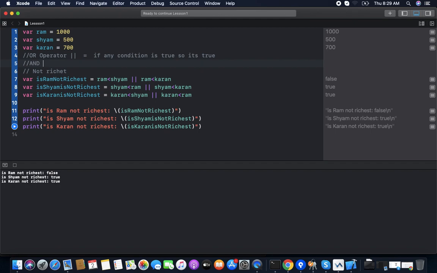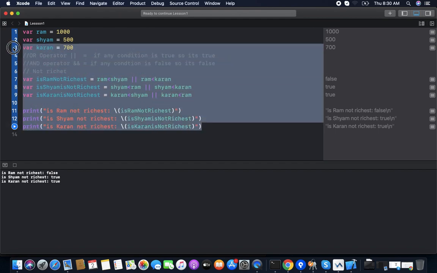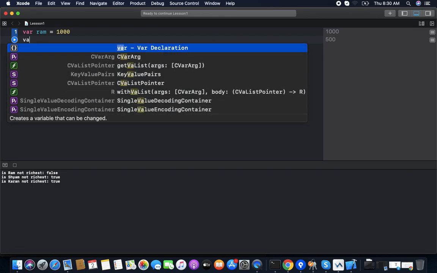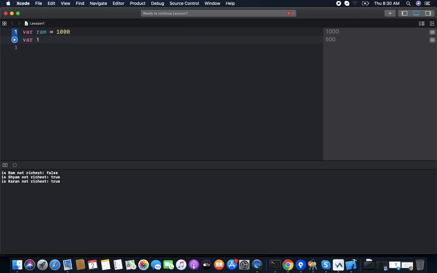For the AND operator, if any condition is false, so it's false. Now we have the NOT operator.